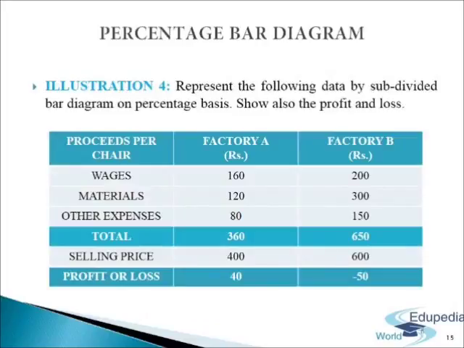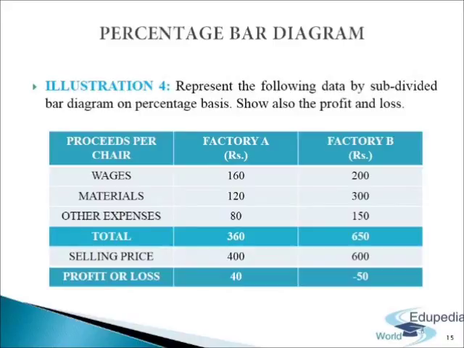Next, we come to percentage bar diagram. Subdivided bar chart may be drawn on percentage basis. To draw subdivided bar chart on percentage basis, we express each component as the percentage of its respective total. In drawing percentage bar chart, bars of length equal to 100 for each class are drawn at first step and subdivided in the proportion of the percentage of their components in the second step. The diagram so obtained is called percentage component bar chart or percentage stacked bar chart. This type of chart is useful to make comparison in components holding the difference of total constant.